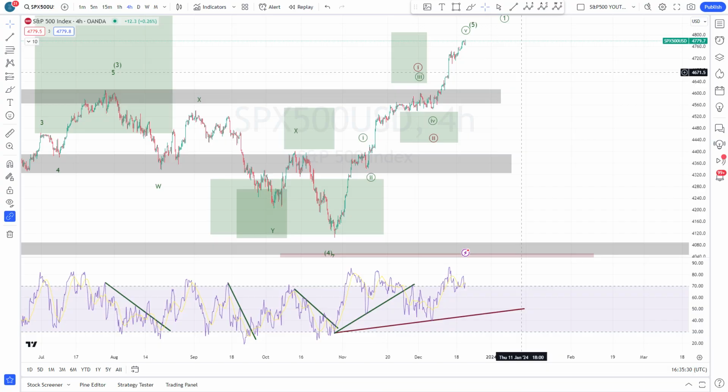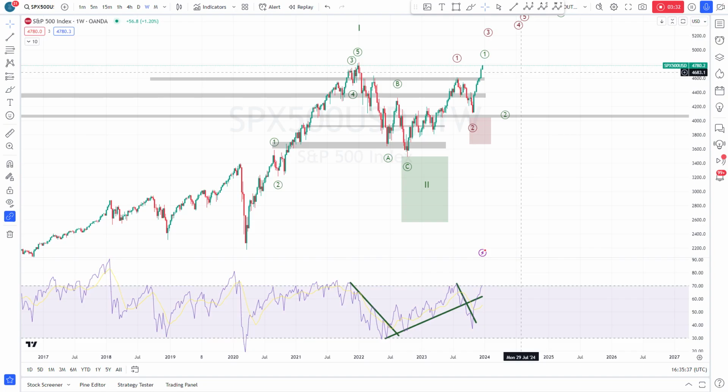There's also an alternative, not yet on the chart. There might also be a possibility that we are doing a flat structure here or an expanded flat structure, depending on if we take out the all-time high or not. This already happened in the Dow Jones and in the Nasdaq, but not yet in the S&P 500. But actually, this is not so crucial. If we stay below the all-time high, it is a regular flat. If we go beyond the all-time high, it can be an expanded flat.